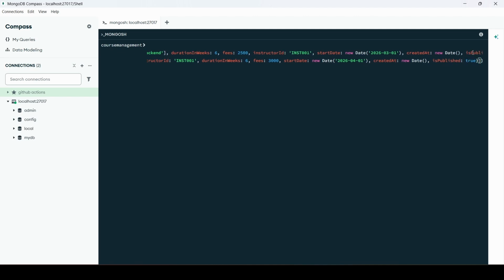Okay, so these are the two documents which we'll be creating for this